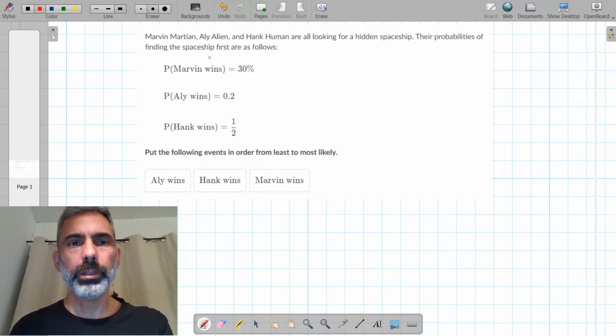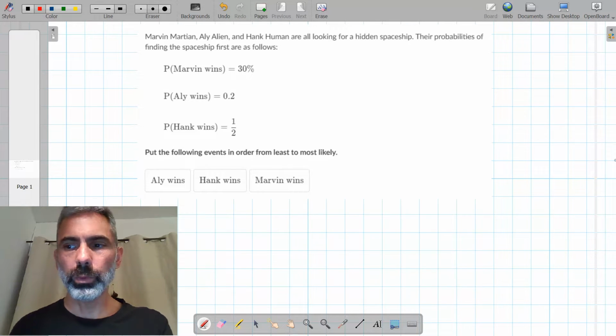Marvin, Martian, Eli, Alien, and Hank, Human are all looking for a hidden spaceship. Their probabilities of finding the spaceship first are as follows. P, Marvin wins, equals 30%. P, Eli wins